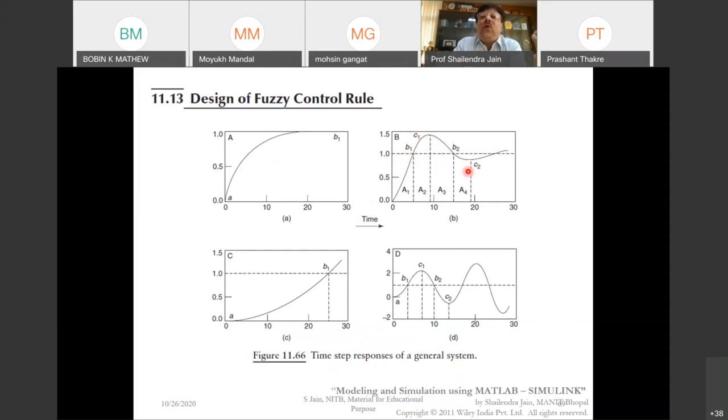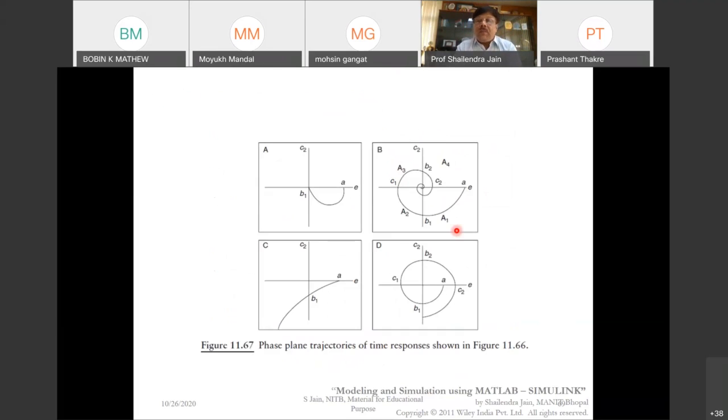Similarly, A4 is similar to A1, where reference minus actual, that is, error is positive, but here the slope is positive, here the slope is negative. So your entire response is divided into these 4: A1, A2, A3, A4, and you can optimize the